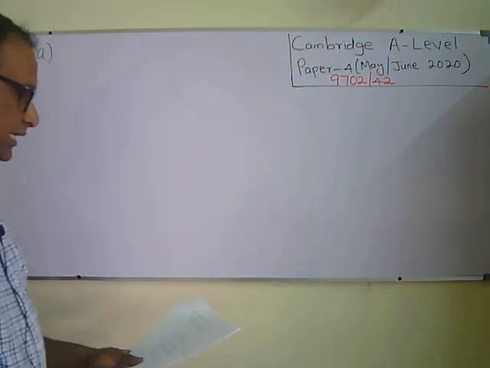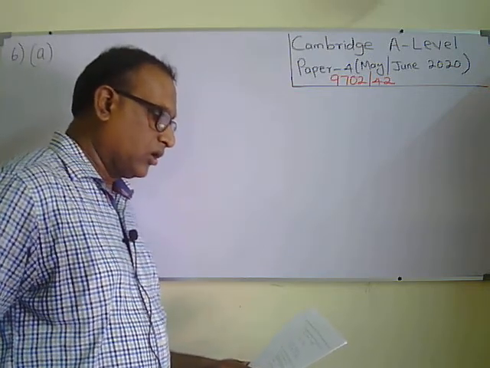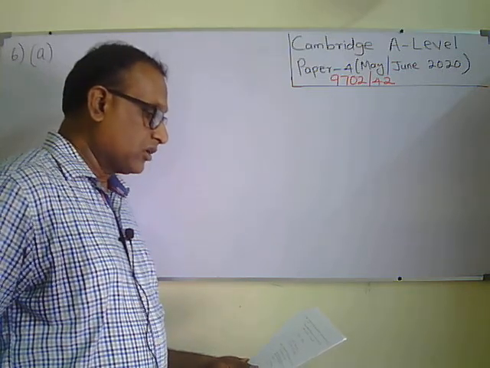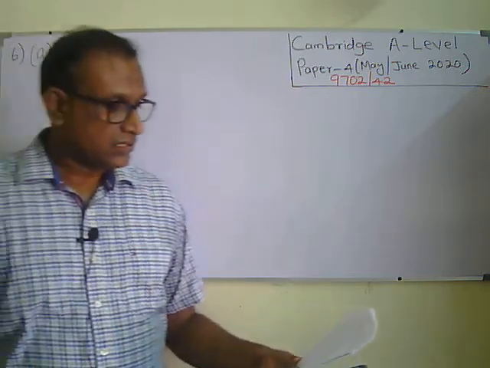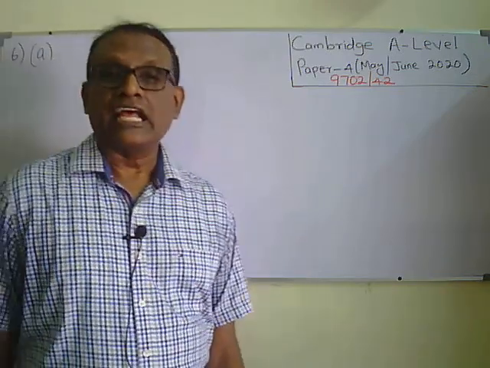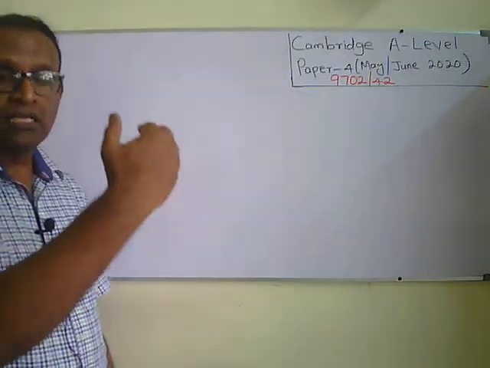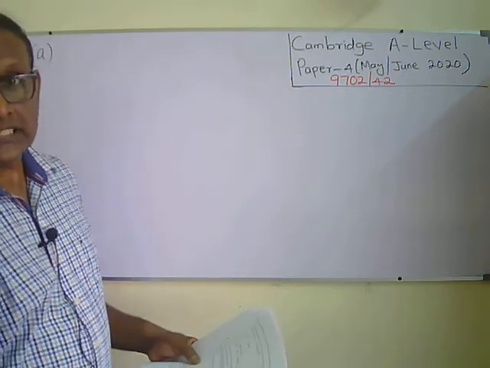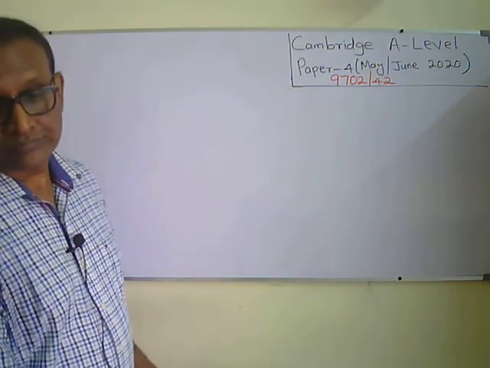Okay, question number 6. Telephone signals may be transmitted either by means of optic fiber or by means of wire pair. State the advantages of use of optic fiber. So you know optical fibers have larger bandwidth. Second, you can say they have less noise, and third, you can say there will be less attenuation. Attenuation means losing the energy when it travels longer distance. So these are the 3 points: greater bandwidth, less noise, and less attenuation.